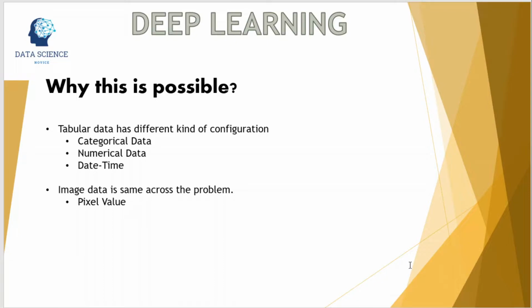So if we build a model, we have to be cautious of data configuration, like how many variables were categorical and how many variables were numerical. Because of this, we cannot use the same regression line for two different problems. On the other hand, if we talk about image data, it only contains pixel values and nothing else. And if you are thinking about the image dimensions, we can change the image dimension using different libraries in Python.